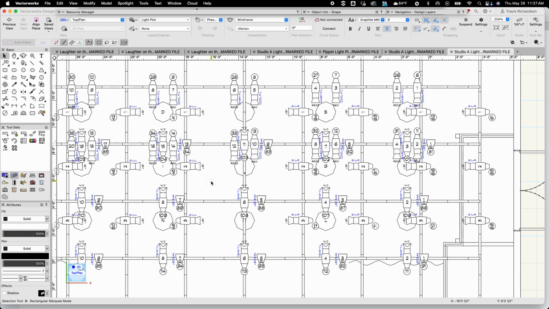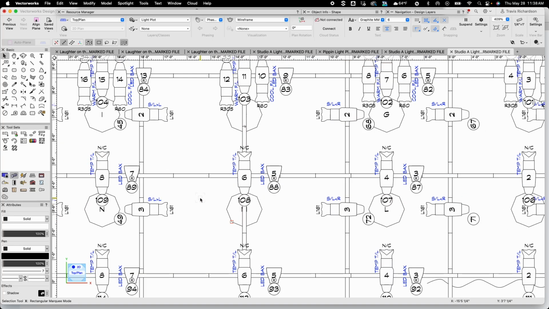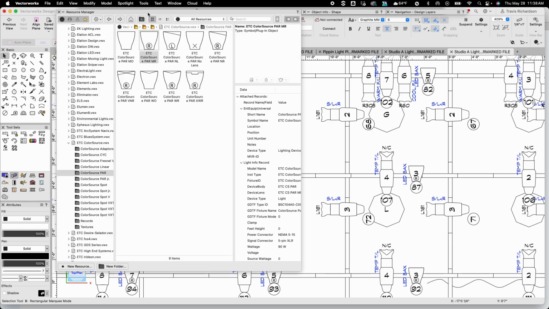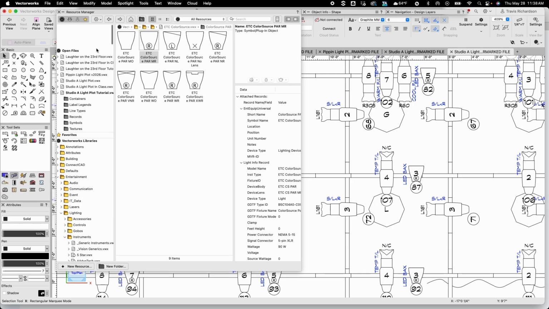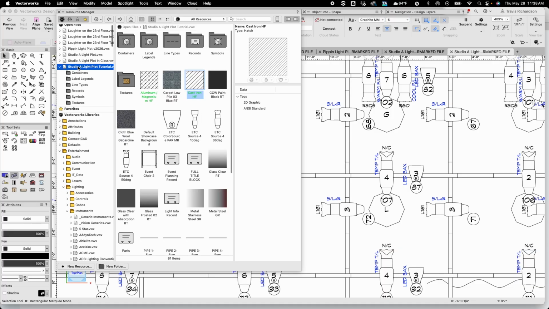Okay, I've got all of my channeling information entered in for my fixtures, and I notice that in my 3-digit numbers, specifically like 108, 109, 107, the number's really crowded inside the channel circle. So I want to go ahead and update that. So I'm going to come up to my resource manager and scroll all the way up and select my Studio A Lightpot tutorial, whatever drawing name you've given this that you're working in. We're going to select that,